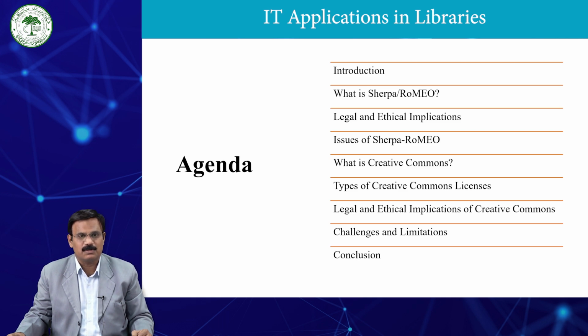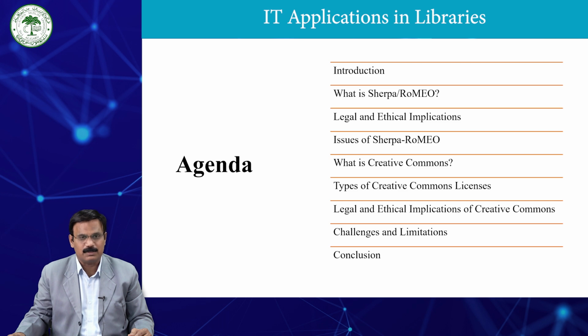In the last classes we already covered what is e-publishing and the different types of e-publications. The legal and ethical issues we have made into two parts. The first one we are discussing is legal issues with respect to Sherpa Romeo and Creative Commons. And the second part we will cover ethical issues in e-publishing with a special reference to COPE